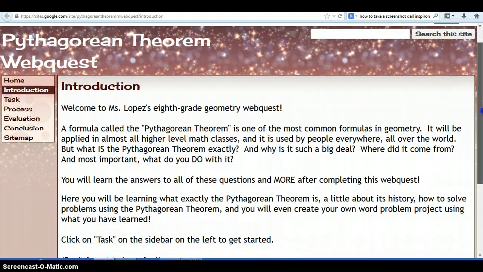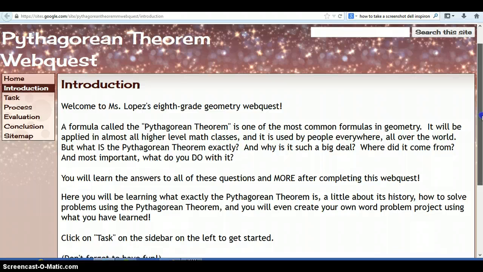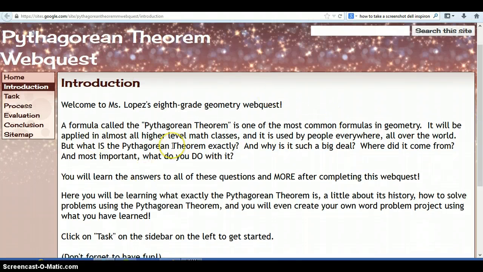The introduction is right here, and the introduction gives a little bit of information about the WebQuest and what the point of it is. This is my 8th grade geometry WebQuest, and what you're going to do is go through and learn about the Pythagorean Theorem, and then complete a project about the Pythagorean Theorem. So it says click on task on the sidebar to get started. So we're going to click on task,